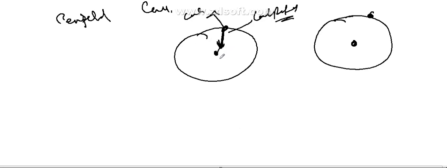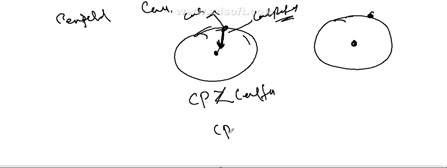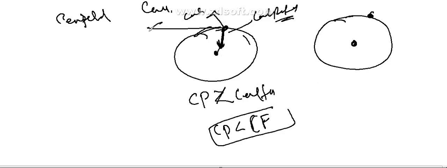What is this force then? If I am rotating the body and I give more force, and you release, that means your centripetal force is lesser than centrifugal force. Cp is less than Cf. So what happens? The ball goes outwards.